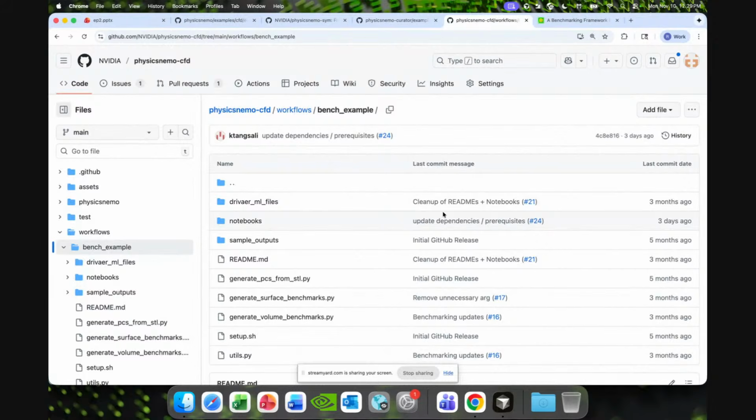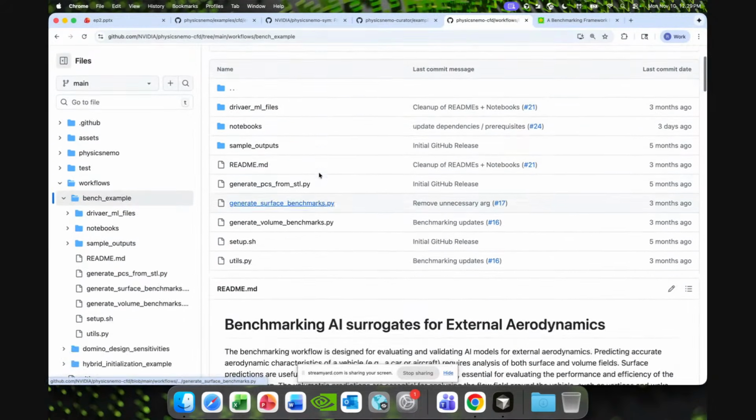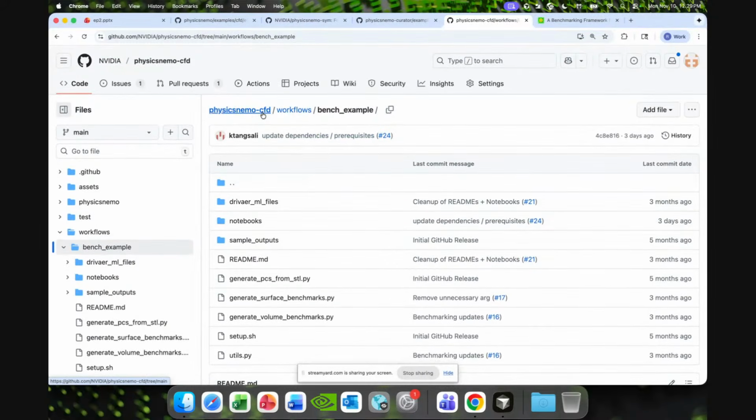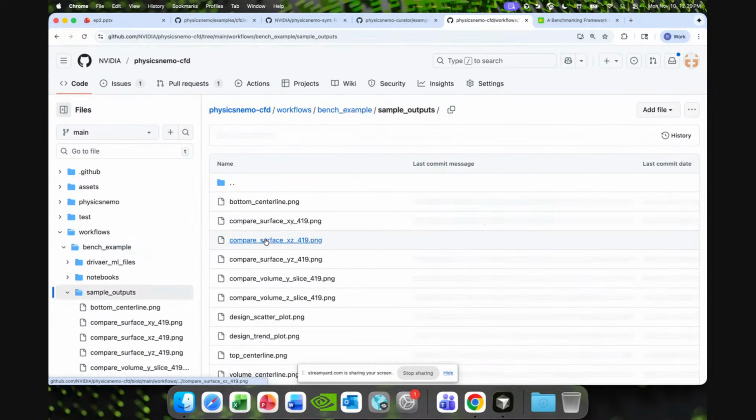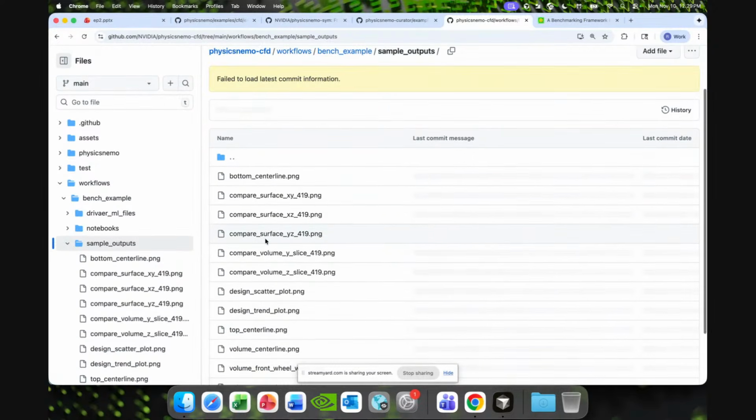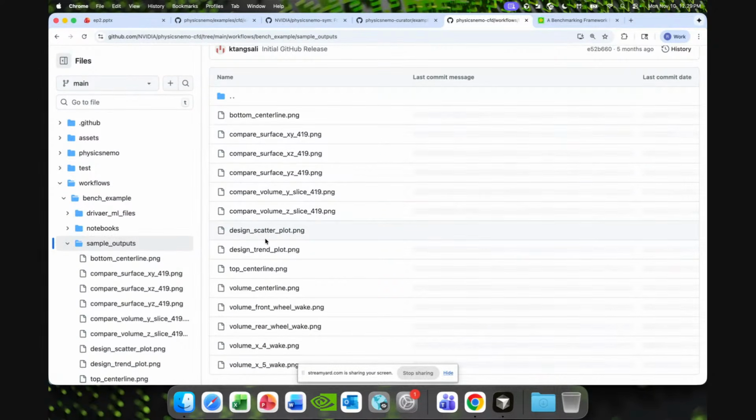Let's say you've trained the model, you've generated a bunch of these VTP, VTU files. Recently, we've put together this submodule of PhysicsNeMo called PhysicsNeMo CFD, where one of the workflows allows benchmarking of these models. So benchmarking would be from a very CFD and CAE specific standpoint. It would have not just the mean squared error losses and these global trends, but we also plot, let's say,